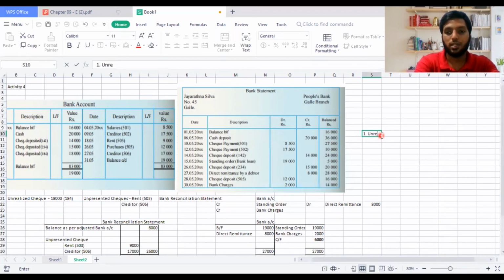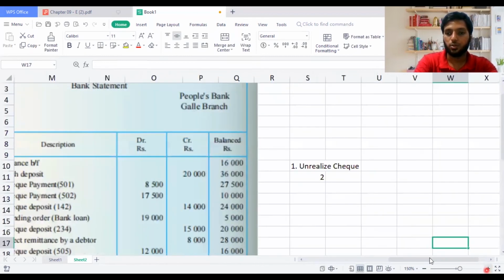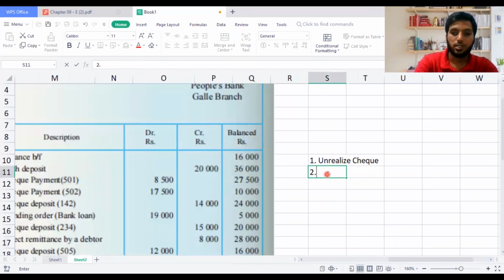What are the reasons? Unrealized check. I can write the first answer for you. Second and third one we did now, which is the second one is bank account and the third one is bank reconciliation statement. And I can also write the second thing, which is unpresented. Let me zoom in a bit, guys. So what are the 5 reasons we found? Second was unpresented.